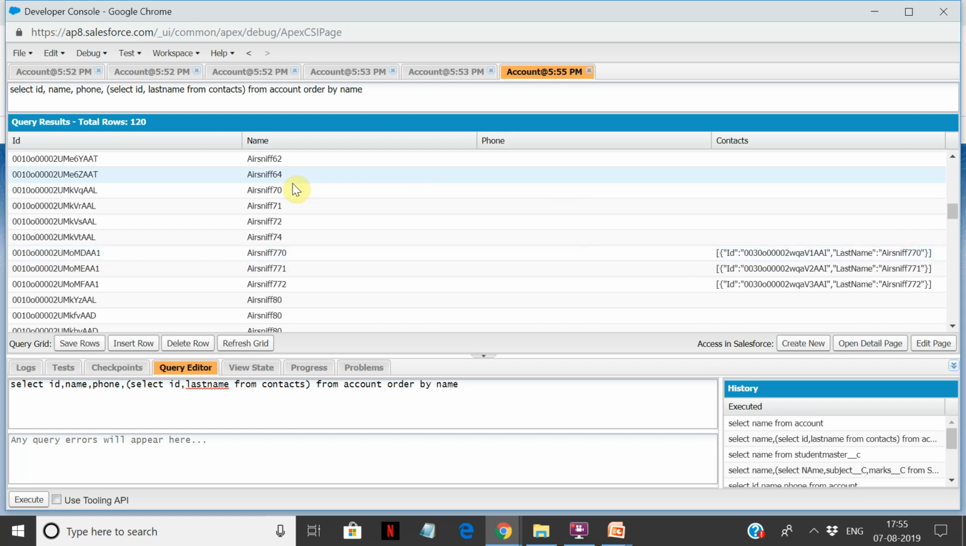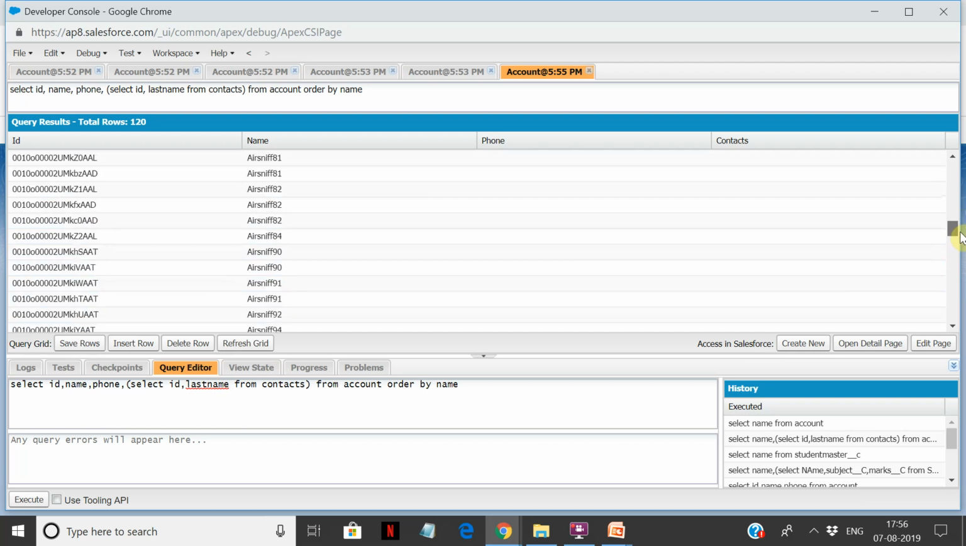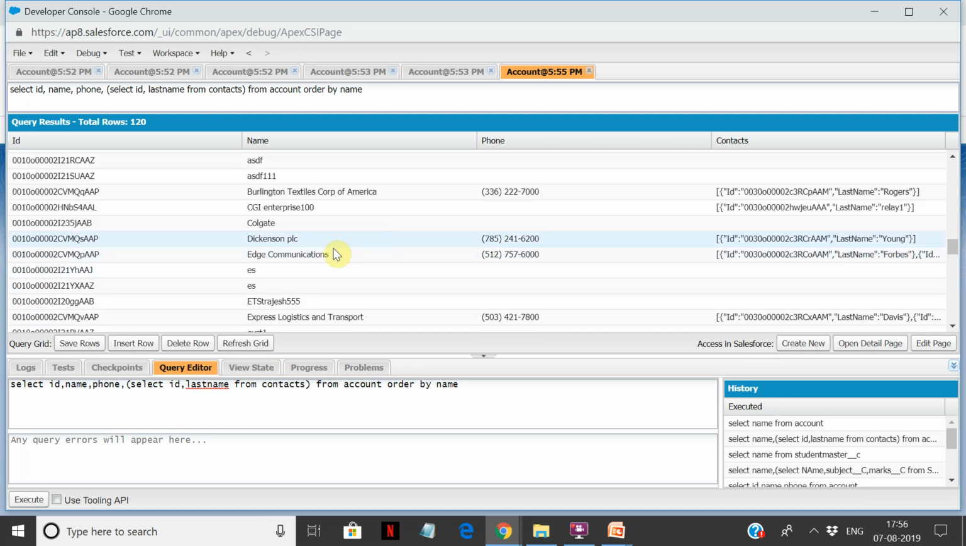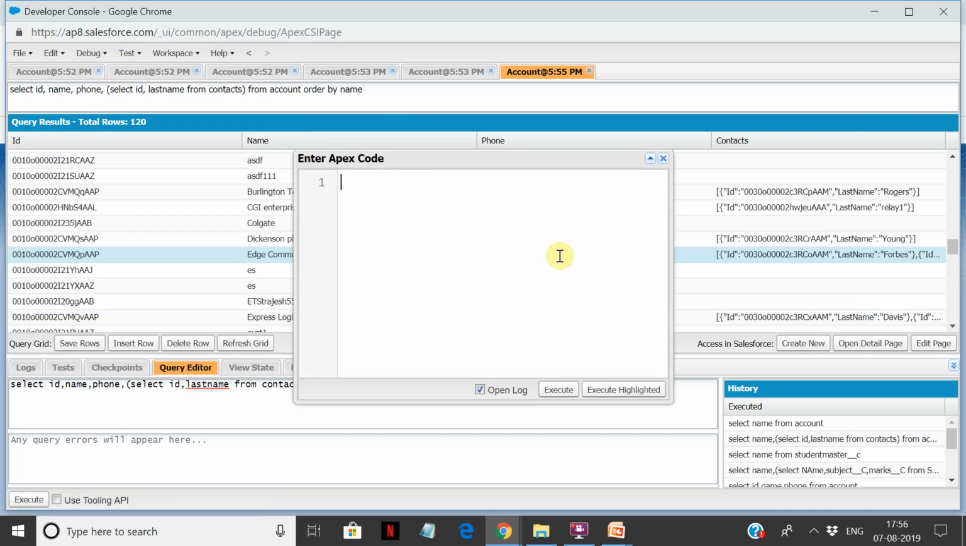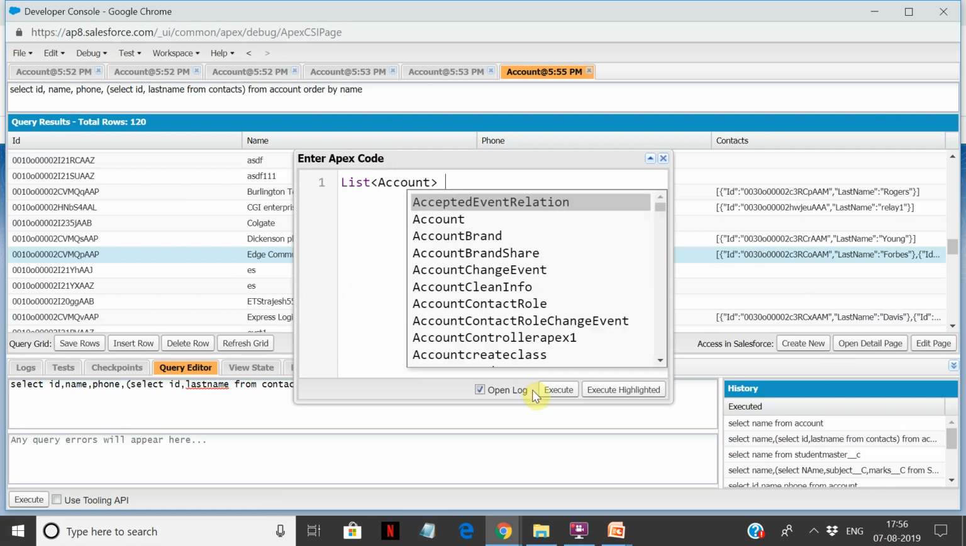What it does is it shows you a list of records here, and a list of records in the developer console in the log. So it basically creates a list, and within that it shows you a list. Now if you have multiple contacts, like say for Edge Communication, it shows you a list within a list. So let's see how to separate these two data in the console. Let's take this query, and what we're going to do is say